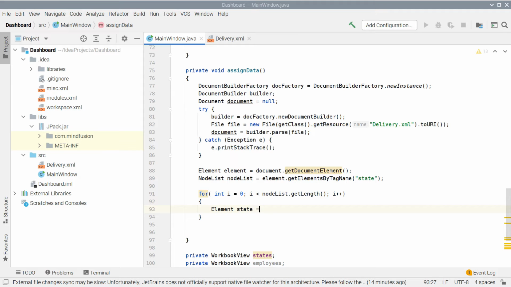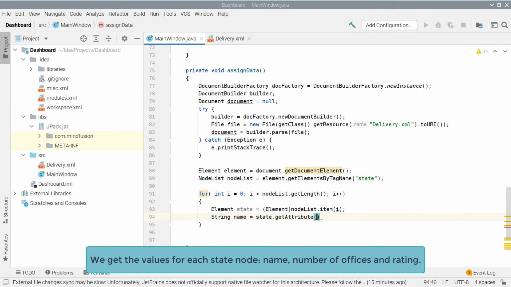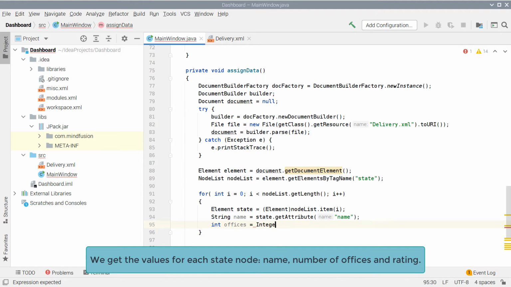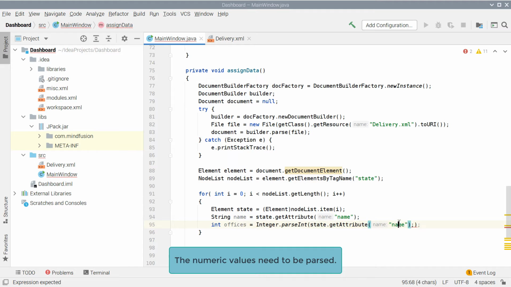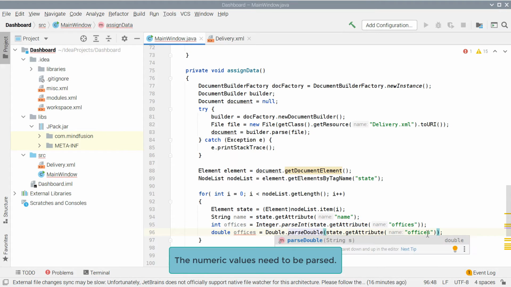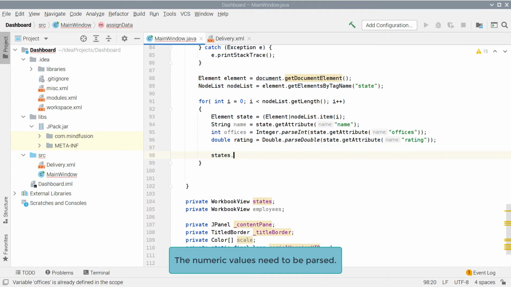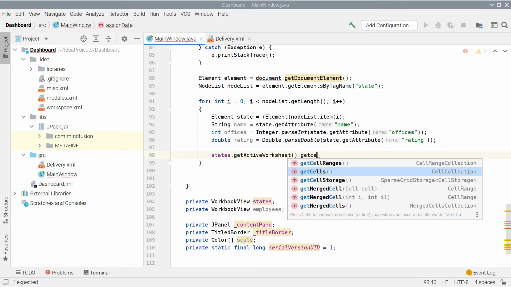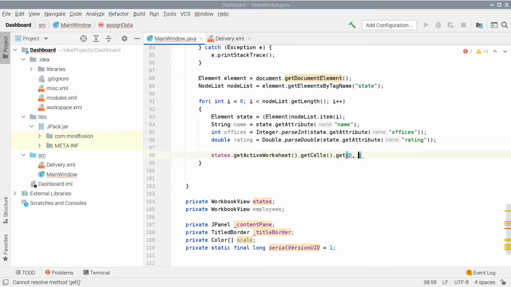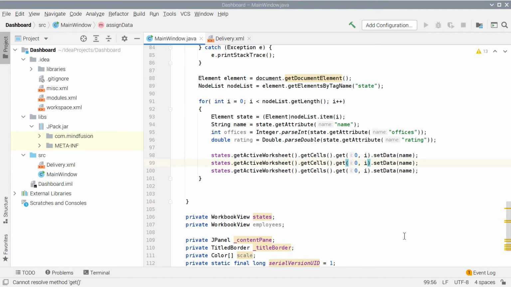You remember these were all 3 of the attributes. Then, we assign the values to the cells in the first, second, and third column of the active sheet in our workbook. With each iteration, we move to the next row.